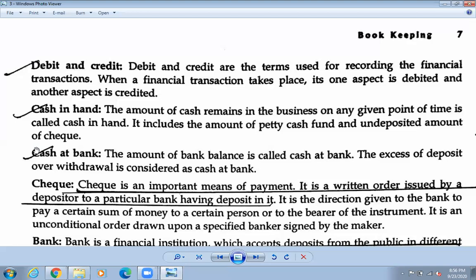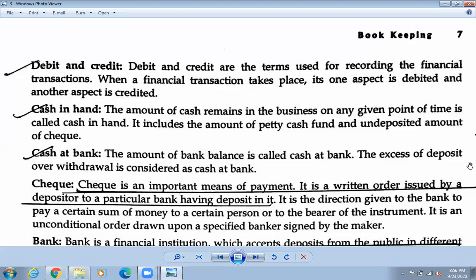Okay, so this is all about the money that you have got. That is cash in hand. Okay, तिमीहरुसँग भएको पैसालाई we call it cash in hand. But most of the money nowadays they are kept in bank. Every transactions they are going on through the banking medium. So that's why if the amount is kept at bank मा राखेको छ भने, so that is called cash at bank. So cash at bank भनिन्छ त्यसलाई.